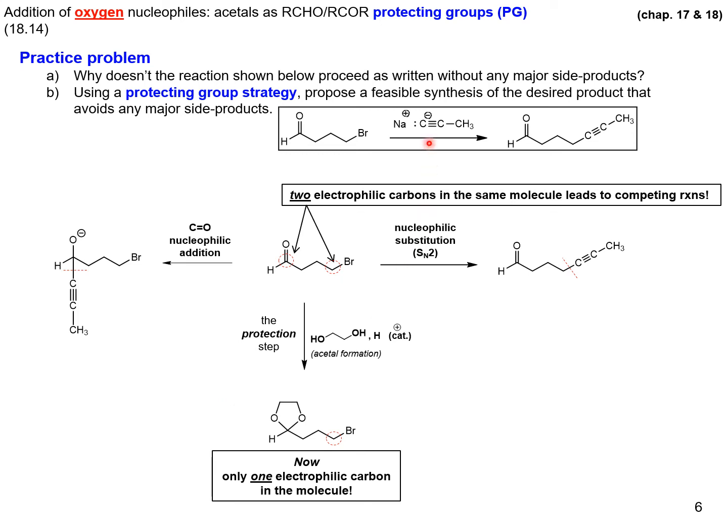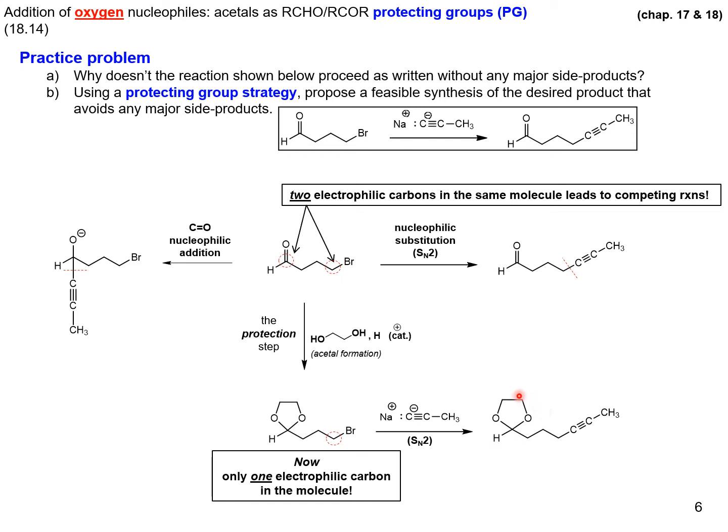This carbon nucleophile will not attack the acetal carbon. There's no carbonyl here and there's no leaving group here. Therefore, when I treat this protected molecule, so this is called the protection step, I end up with the protected molecule. If I treat it with the carbon nucleophile, an SN2 reaction occurs and I end up with the following